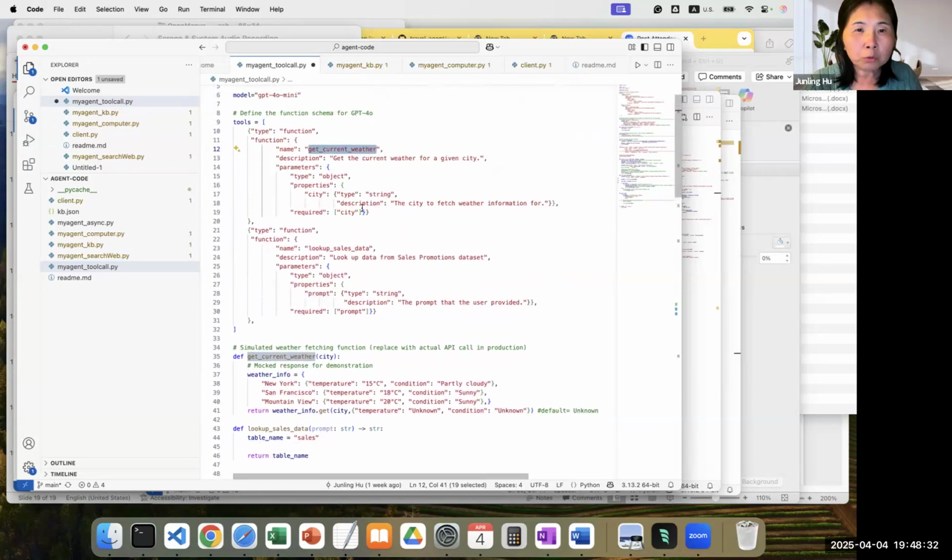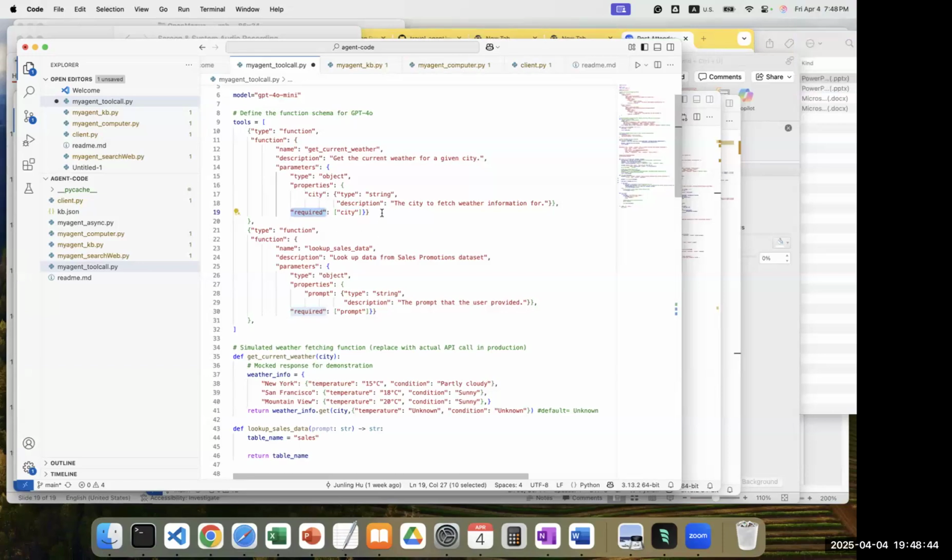And each tool requires certain arguments. If you don't have those arguments, you cannot execute those tools. That is what required says. Since the parameter type is object, I assume it's taking a JSON string as its input to the tool.